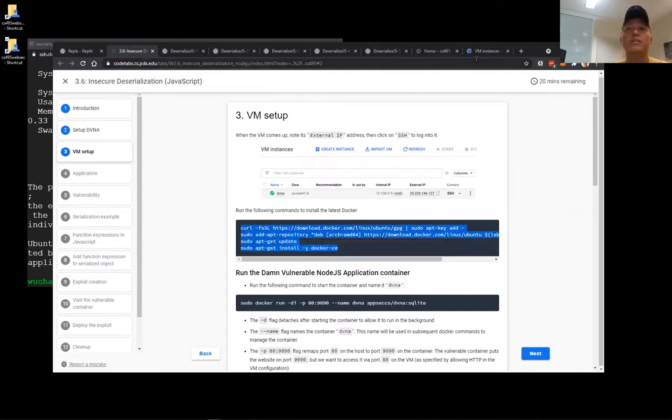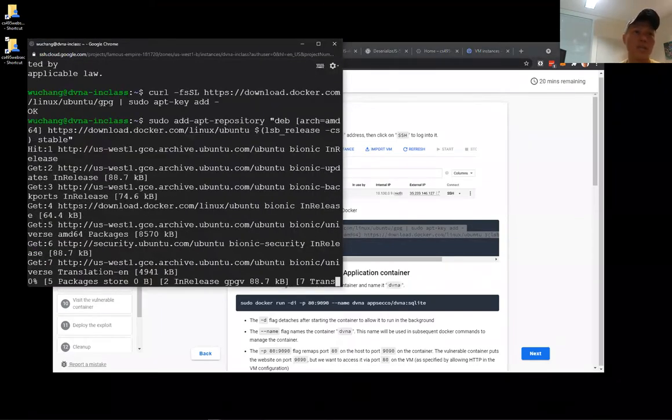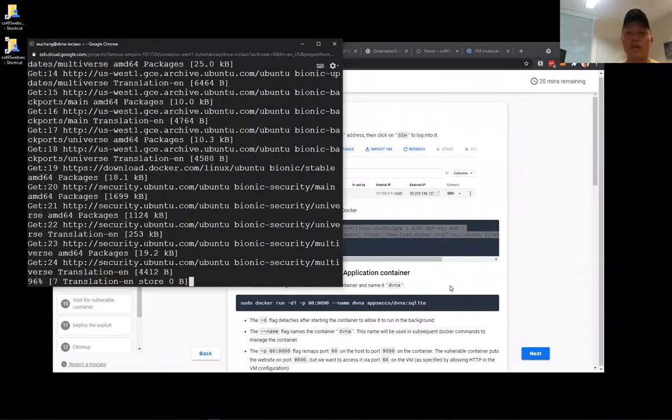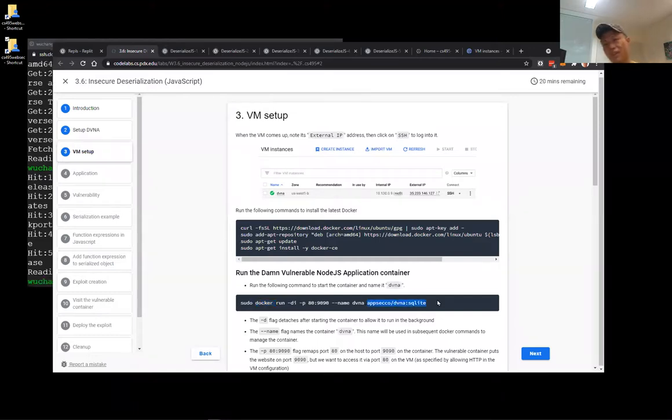I'm going to copy that. Since I got my VM here, I'm going to run this stuff. And then, just to give you a crash course on Docker. Docker gives you an image, and the image name is here. And this is like GitHub. Docker Hub has a way of specifying names. And so the AppSec security folks have the Docker Hub ID of AppSecCo. And then they publish a